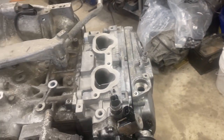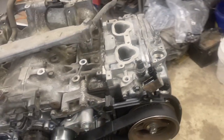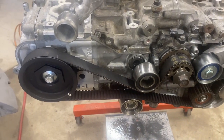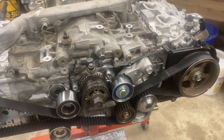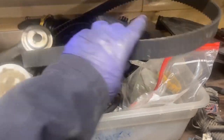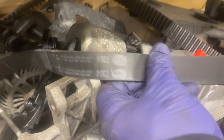These don't have the gaskets in yet, but in the previous episode, you saw the camshafts and the cam covers go in. This is the parts car. I had 2 timing belts. Both of them only had a few miles on them. The one that came out of the parts car, you can kind of see the condition by how much of the print is left. This was a Gates